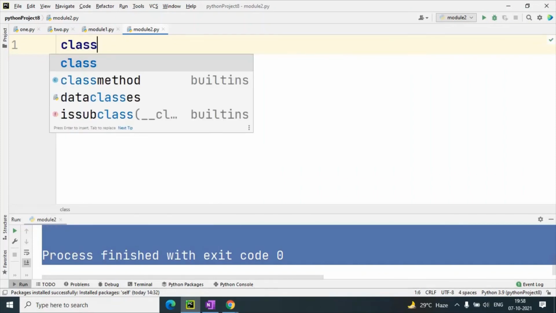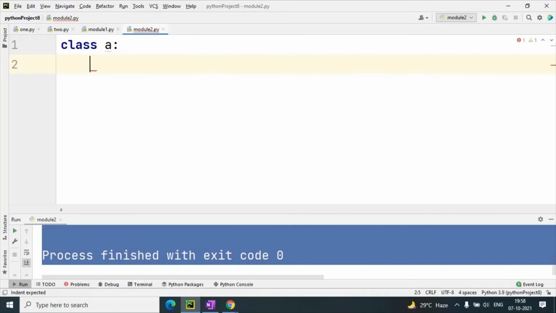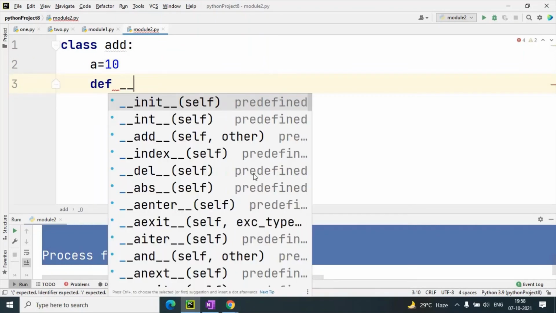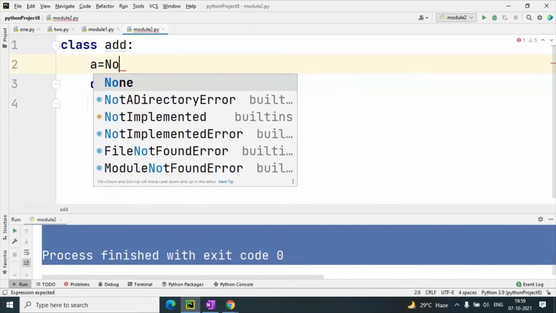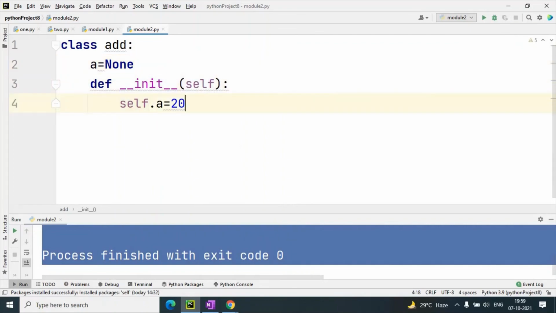Suppose I have taken one class A. In this class I have one variable, and its value suppose I have given 10, and I am creating a constructor, and in the constructor I want to give the value of a equals to 20, and by default the value is None.